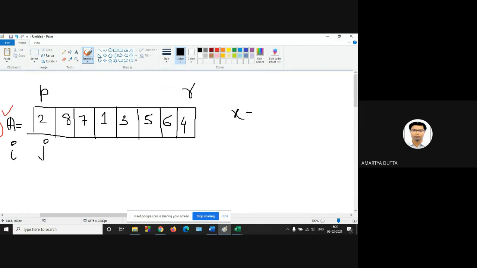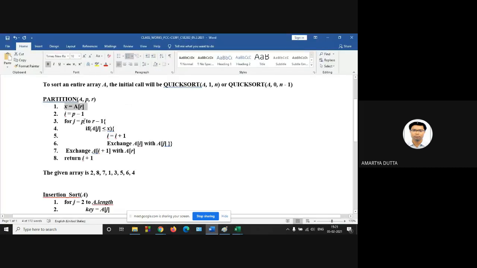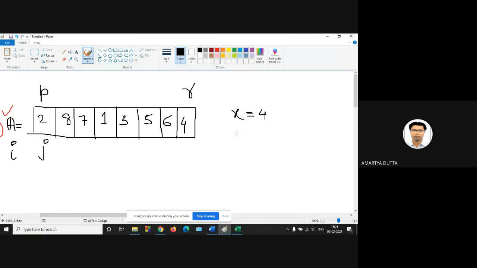A[r] is 4. Initially, x will be 4. Then line number 3 is a for loop that runs from p to r minus 1, and i is initialized with p minus 1. Now if A[j] is less than or equal to x.